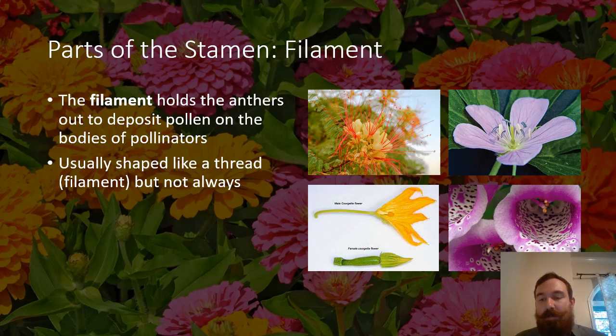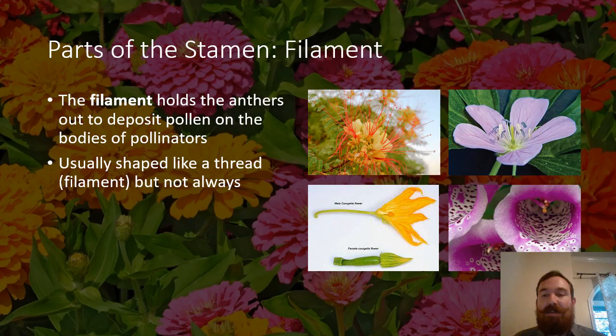In foxglove, the filaments actually run at the very top of this fused corolla, or these fused petals. And what that means is when a bumblebee crawls into this tube, all of the pollen is only found at the top of the tube. So that bumblebee will get pollen deposited only on its back, which means when it then visits the next flower and runs into this pistil, it's going to very easily transfer pollen between different flowers and pollinate with really high